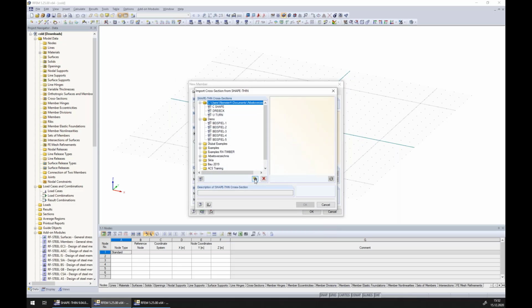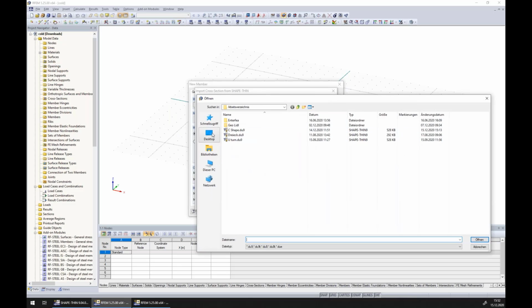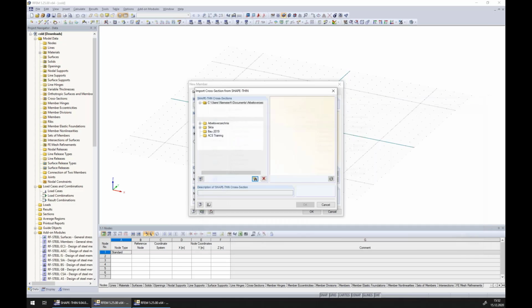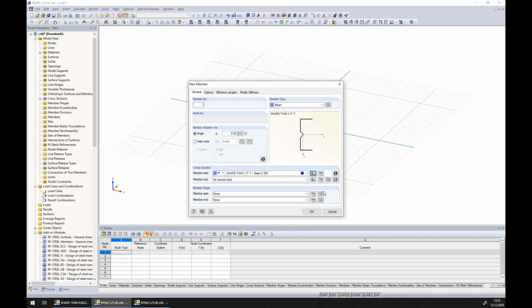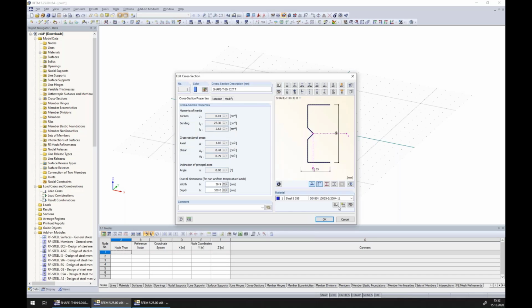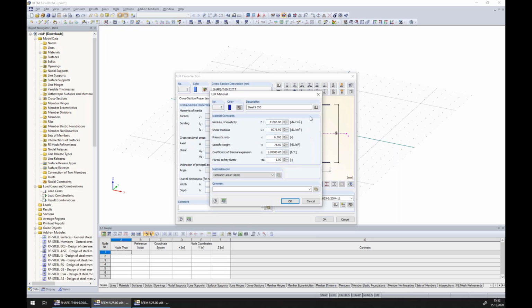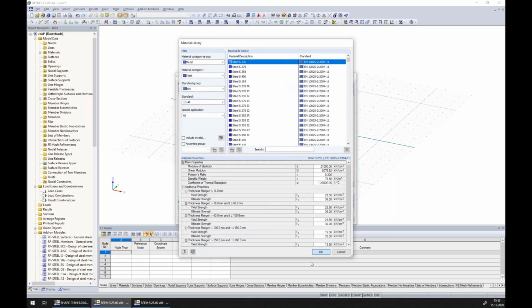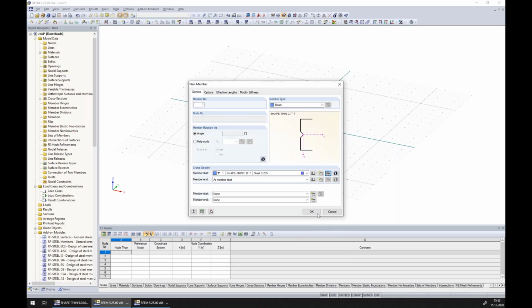I can load it here, and now we go to the desktop, and it was, I think, this one. Open. Now we have this already modeled SHAPE THIN cross-section. We can assign here the right material. It's not 355, it was here standard steel according to Euro norm standard, yes, okay. And